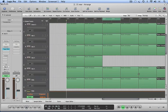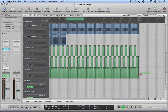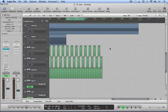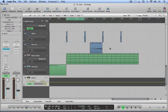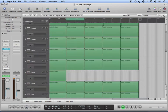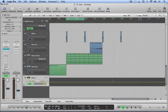and then just going to go down and take out the bass and just leave the drums for that last section, and also take out the piano. And we can just leave everything else in because that's just going to be an outro, kind of a DJ